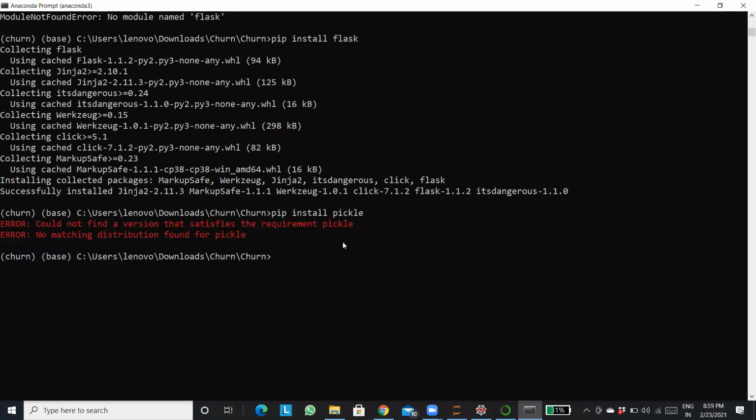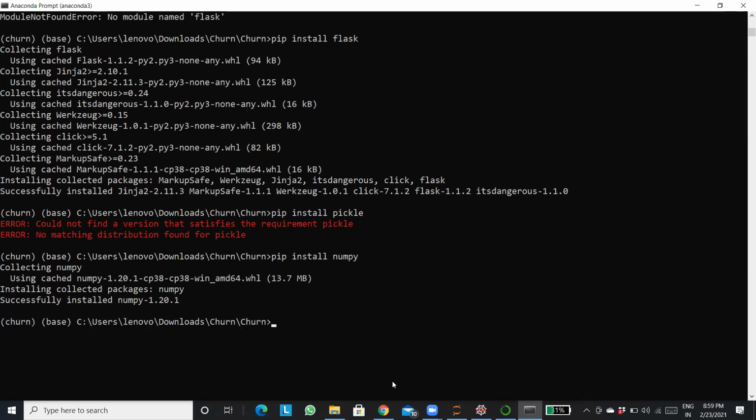Could not find a version that satisfies the requirement Pickle. Okay. Well, let me install NumPy. Packages NumPy. Also, I guess we'll have to install this one, no?